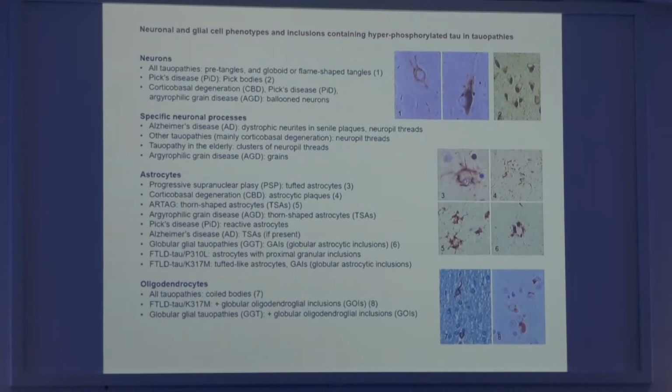Regarding astrocytes, we have astrocytic plaques in corticobasal degeneration, thorn-shaped astrocytes in ARTAG and in cases of aging, and, for example, tufted astrocytes in PSP, and globular astrocytic and oligodendroglial inclusions, GAI or GOI. And regarding oligodendrocytes, we can see coiled bodies in the majority of cases, and particular oligodendroglial inclusions in globular